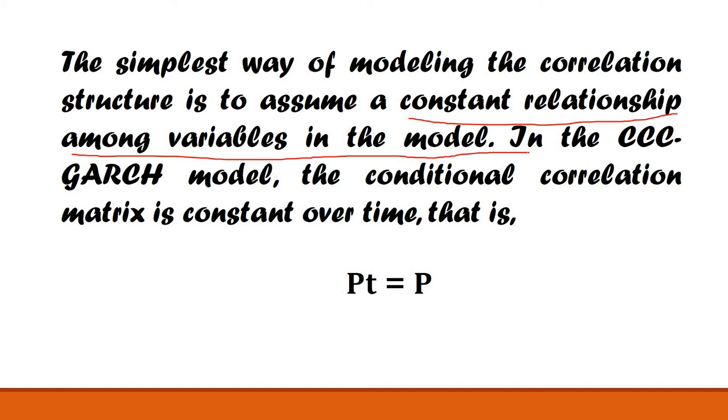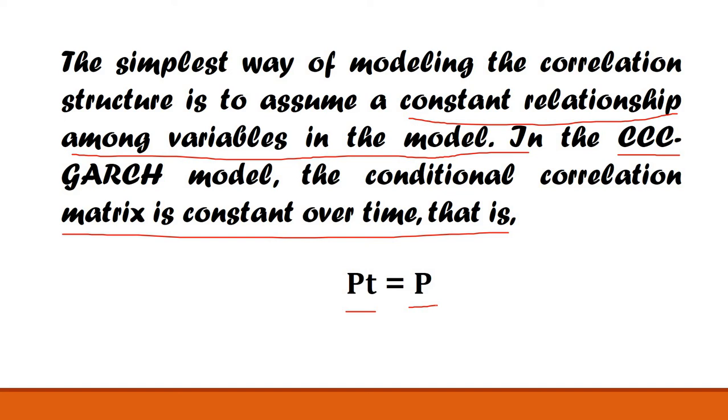constant. And if you remember, in the previous video I talked about the different kinds of multivariate Garch models, out of which one was the constant conditional correlation Garch model, which is commonly known as the CCC Garch model. Now what it says is that the matrix is constant over time. That means whatever relation is there at time t, that is the relation in the previous phase also. So that is what the constant conditional correlation says to us.